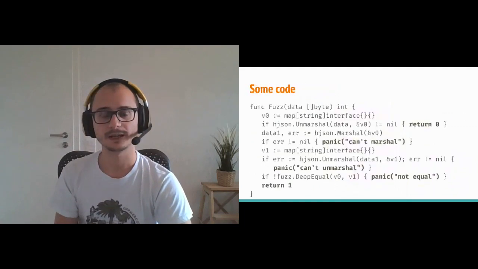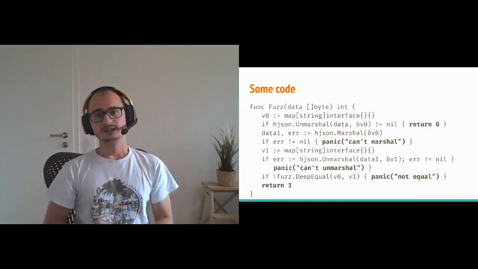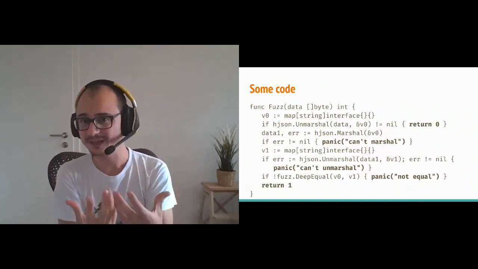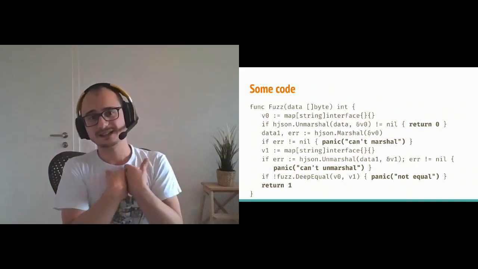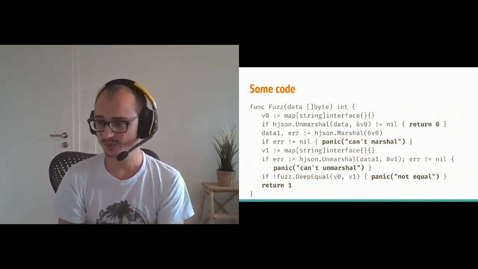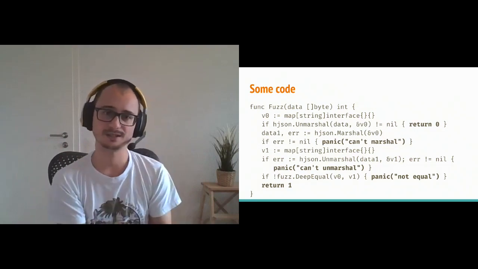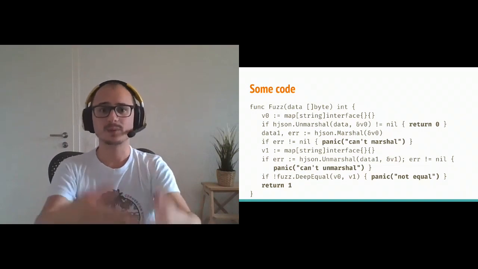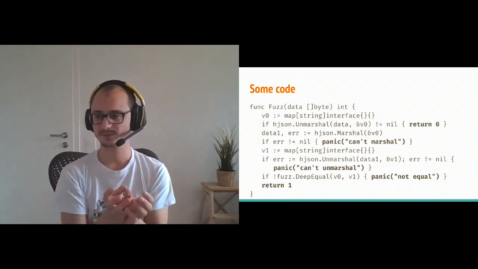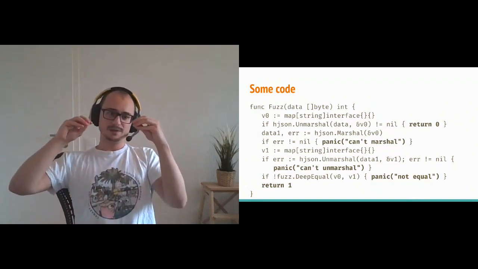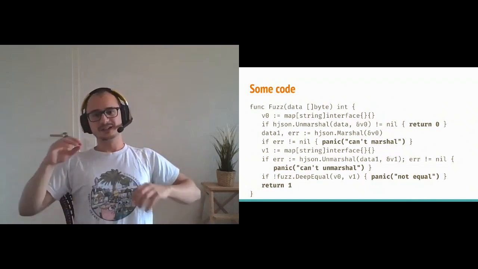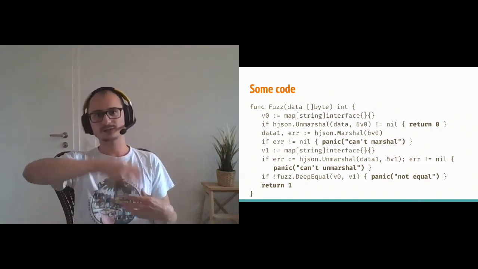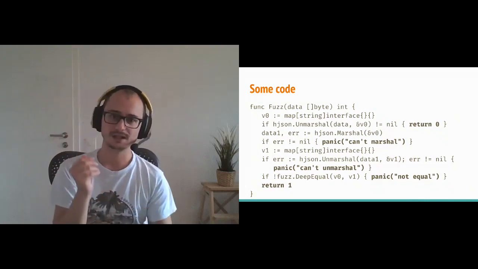And now let's get to real bugs. This code is a little bit compact because I needed to fit it into a slide. It's not that complicated. Basically what it does is it takes the data input, the byte slice, it unmarshals it into a map, and then it marshals it again and unmarshals it again, and then compares the two values. So the idea is, as I was saying earlier, you take a string, you deserialize an object, you serialize it again, and you deserialize it again. It should be the same object. It should not